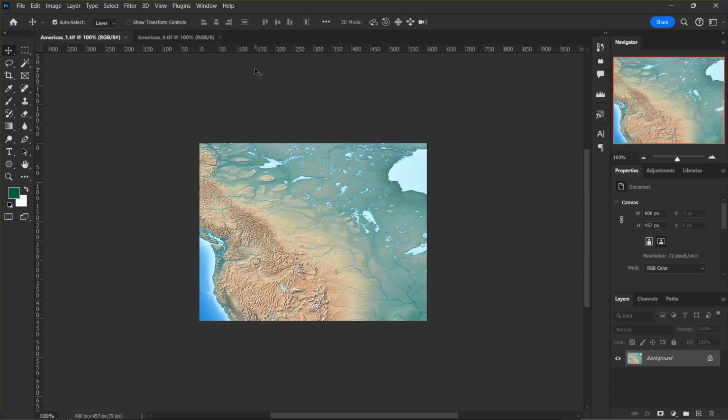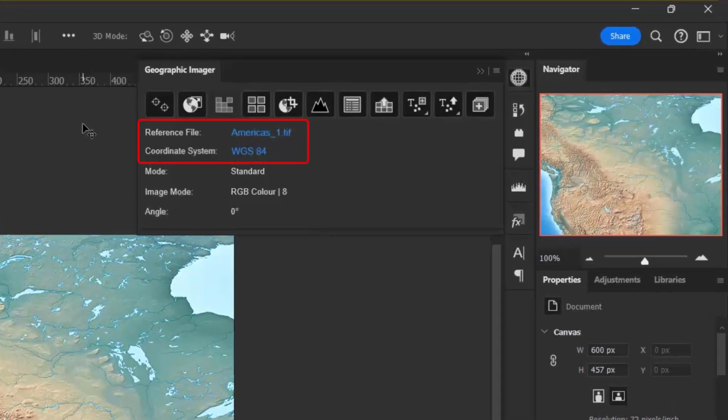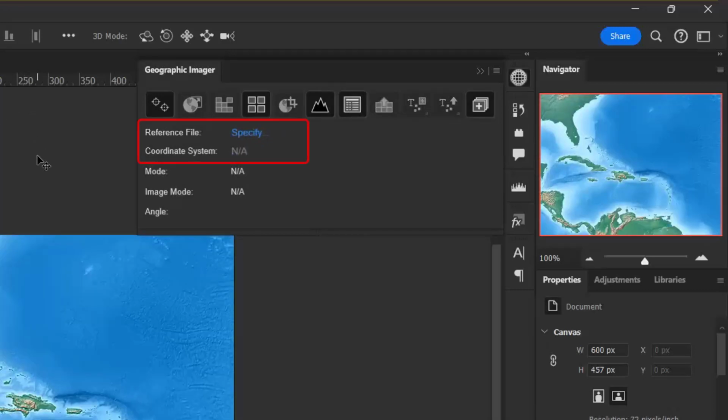Okay, so now that I've opened my images, I can use my Geographic Imager panel to learn more about my files. To open the Geographic Imager panel, I want to go to Plugins, and then select Avenza Geographic Imager and Geographic Imager. So I can see that the Americas 1 TIFF file does have a reference file and a coordinate system specified. When I shift over to the Americas 4 TIFF file, I can see that it does not have